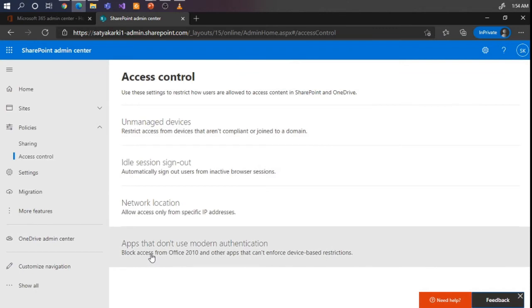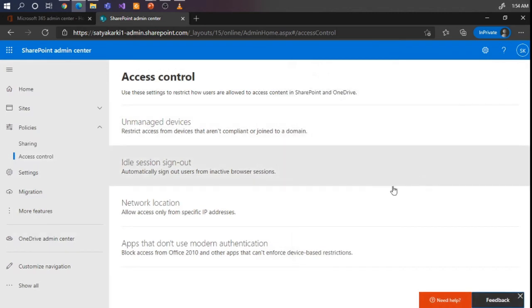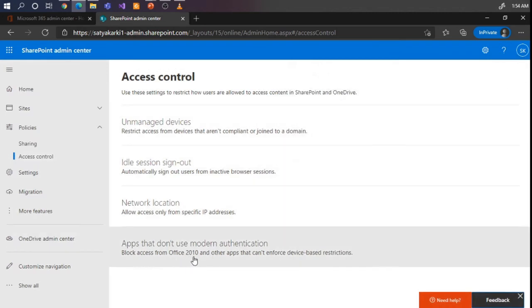Now this is another setting. There are several classical, or you can say old, apps that are not using modern authentication methodology. For those apps, you can disable or allow the access to your site collection. For example, Office 2010, which is not following modern authentication. So you can restrict the SharePoint site collection from using those files.